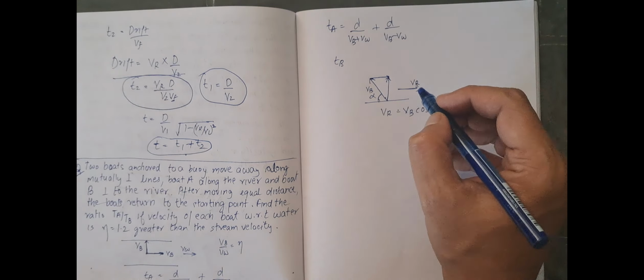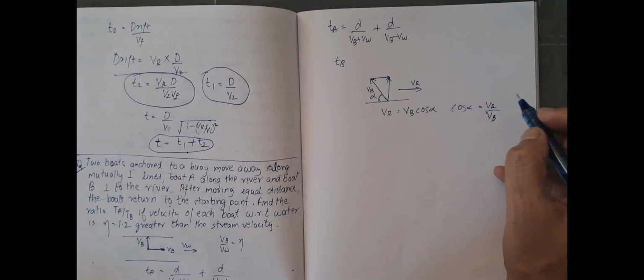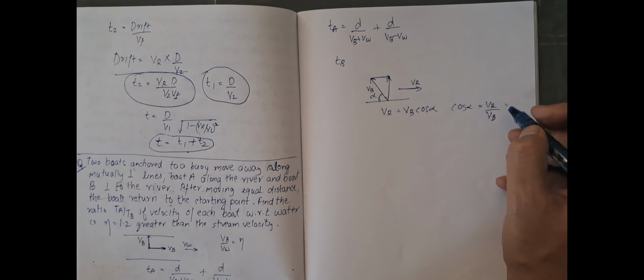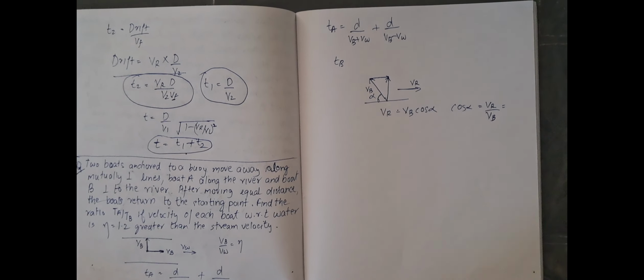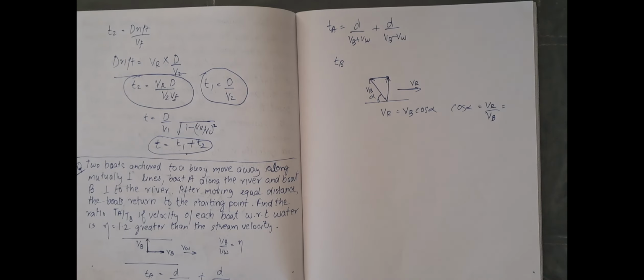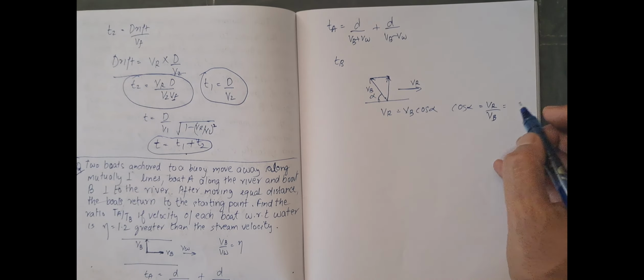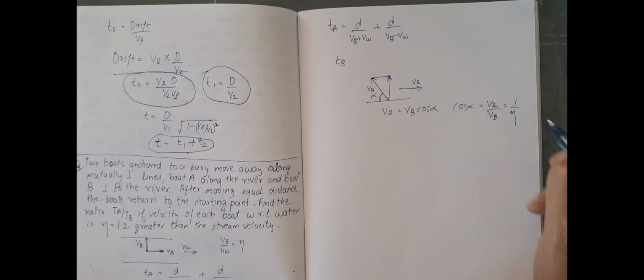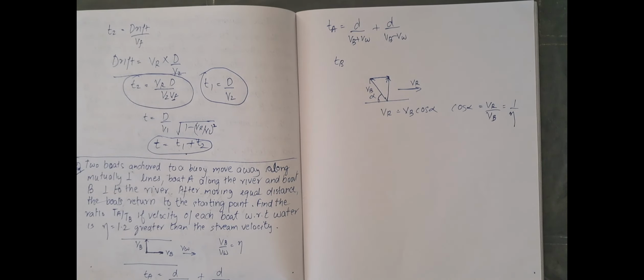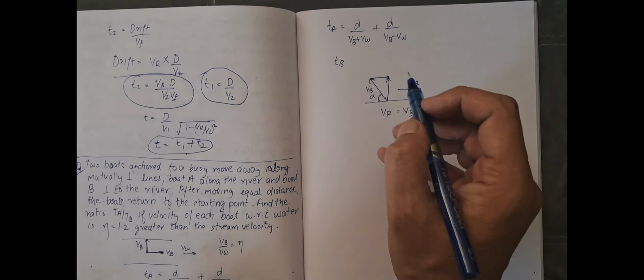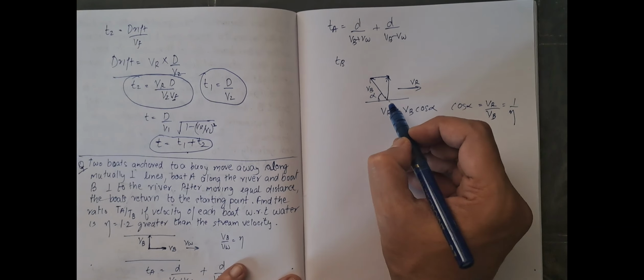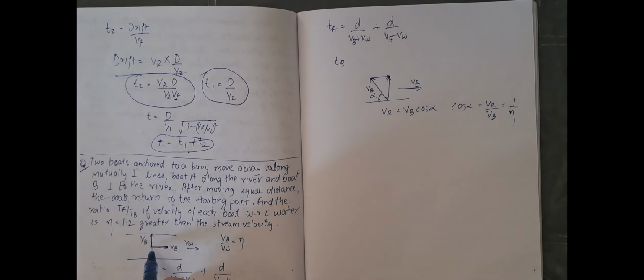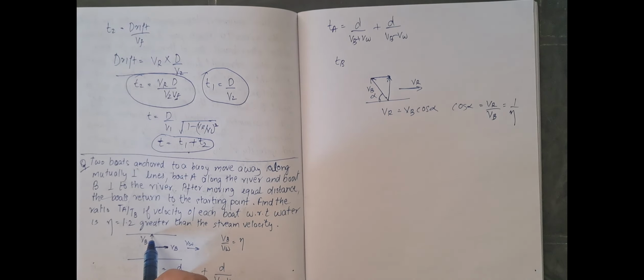So you have taken this as VR. You can say VR or VW, whatever. So this is VW by VB, which is equal to 1 by eta. Now, the time taken by the boat to travel d distance like this and d distance like this will be equal to